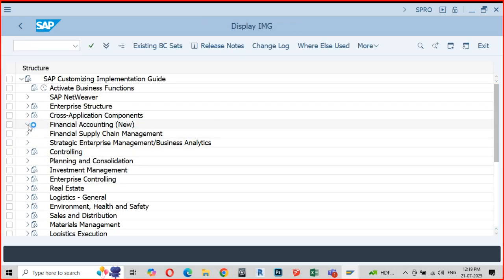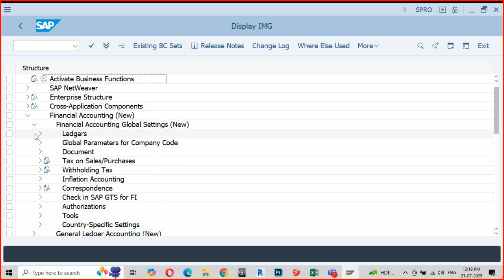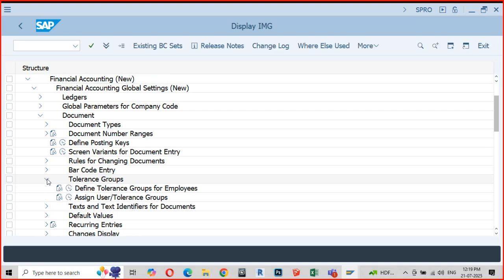Here we have something called tolerance groups. On purpose, I'm not showing you the consultant's menu. Can you see something called tolerance groups? Define and assign.